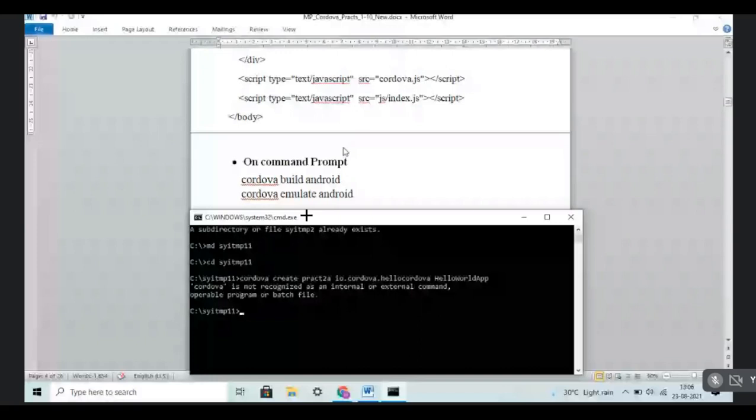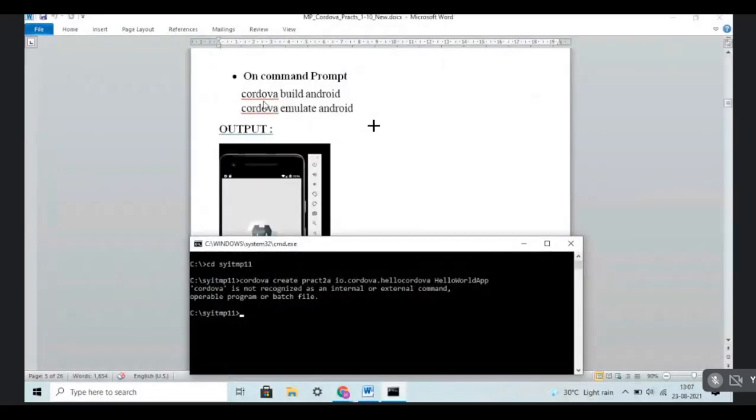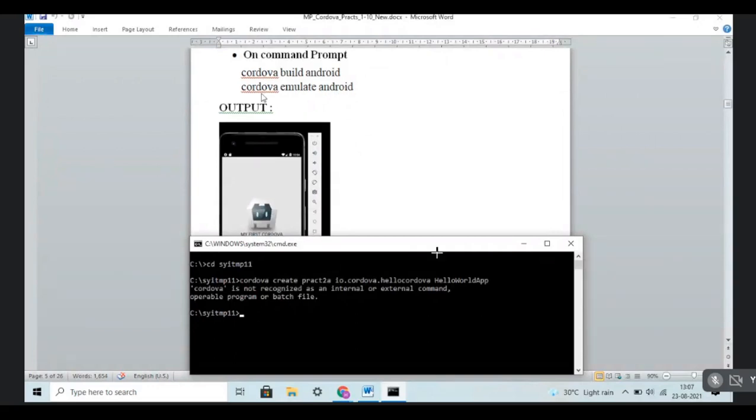You have to create and build a simple app and display it. After completing the HTML and JavaScript, come again to the command prompt and write the command Cordova build Android. After a successful build, for output, write again the command Cordova emulate Android. Then you will see this output.